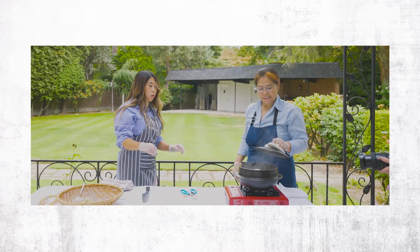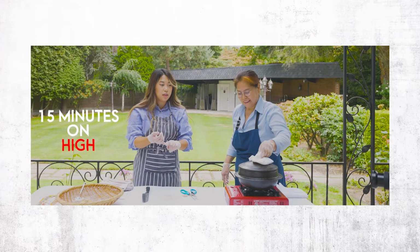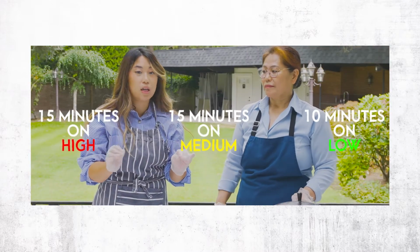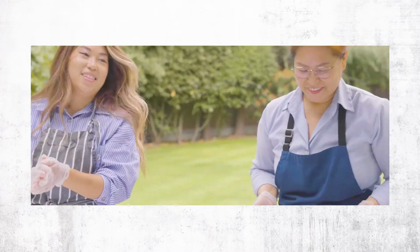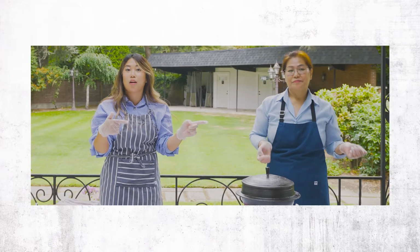Okay, that looks really good. So I learned that it's going to be 15 minutes on high, 15 minutes on medium, and then 10 minutes on low. So in total, it's a 40-minute cooking time. Chicken high fives, high ten. Thank you, everybody. So we're going to wait for it to boil, and then we'll get cooking for our side dishes,